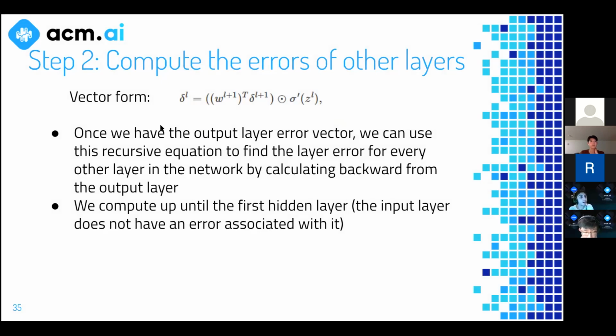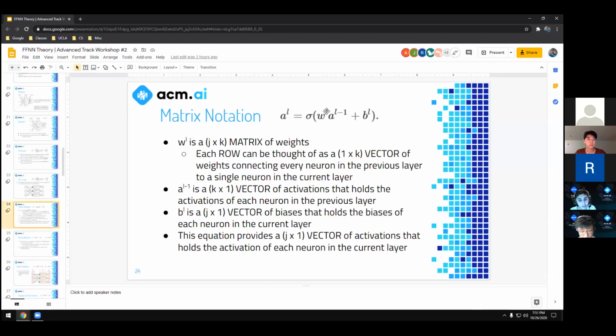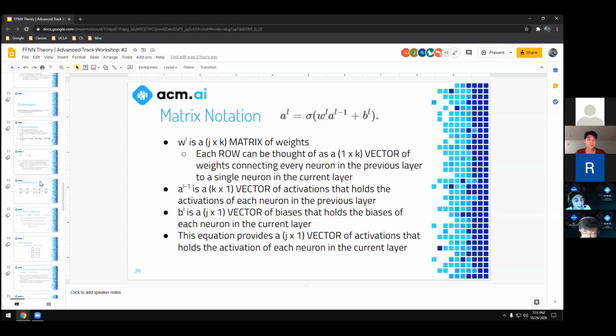So this is the equation that we used to do that. Once again, there's proofs of all of these equations in that paper that I linked to you guys earlier in the slide. And also that book, all of these equations are explained thoroughly in that book, okay? But this equation we're looking at right now is analogous to the equation that we used earlier for feeding forward. Given the activation of the previous layer, we can find the activation of the next layer, and then we can keep doing that, right?